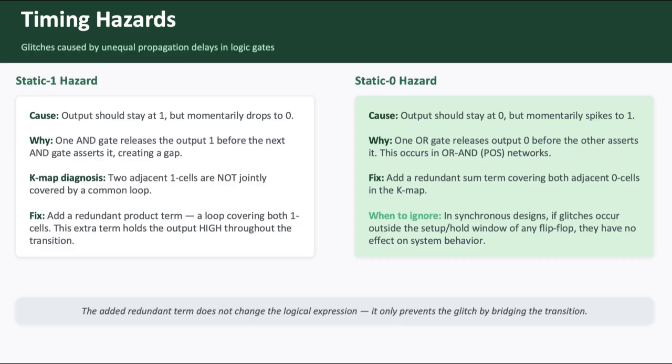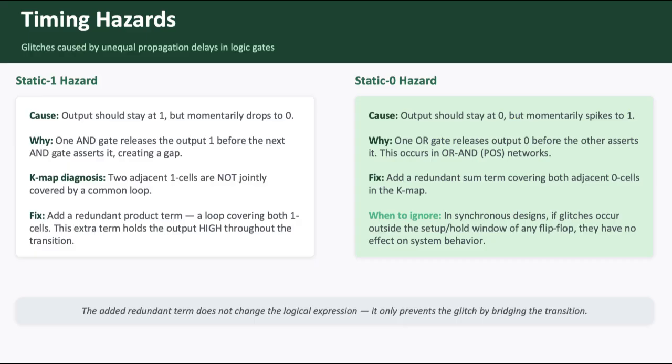Look for any 2 adjacent 1 cells that are not both covered by a single common loop. If a variable transition would move the operating point from one of those cells to the other, and no single product term covers both, a hazard exists. The fix is to add a redundant product term. Draw an additional loop that covers both 1 cells. This term is logically redundant. It does not change the function, but it ensures that at least one AND gate remains asserted throughout the transition,